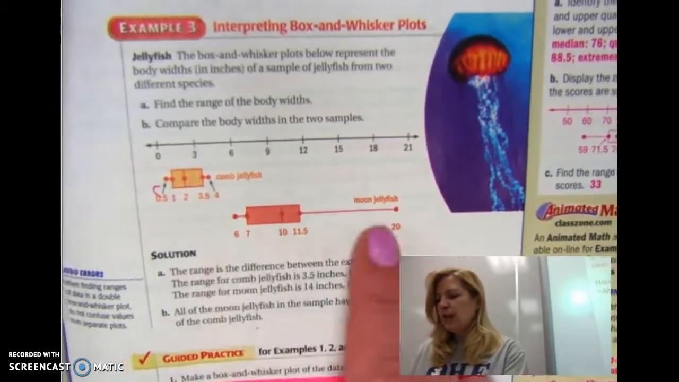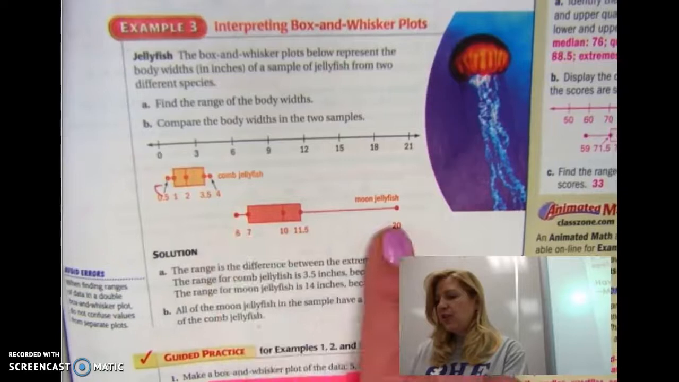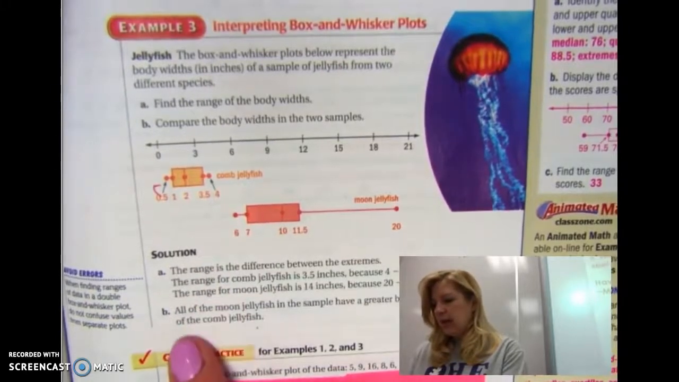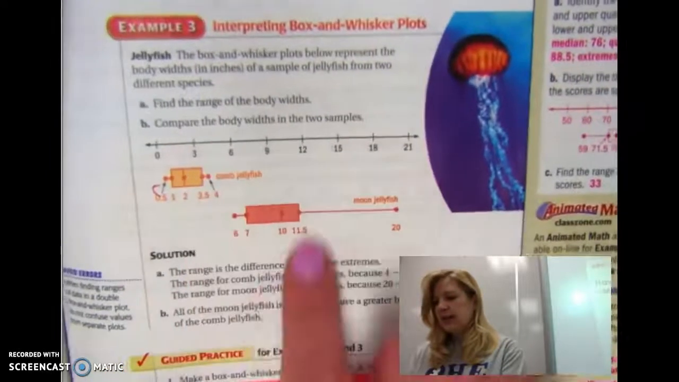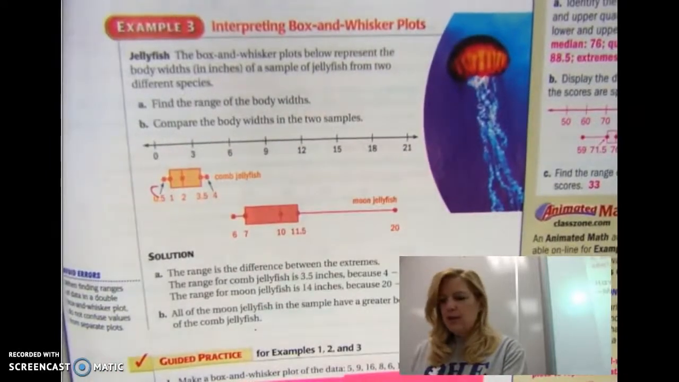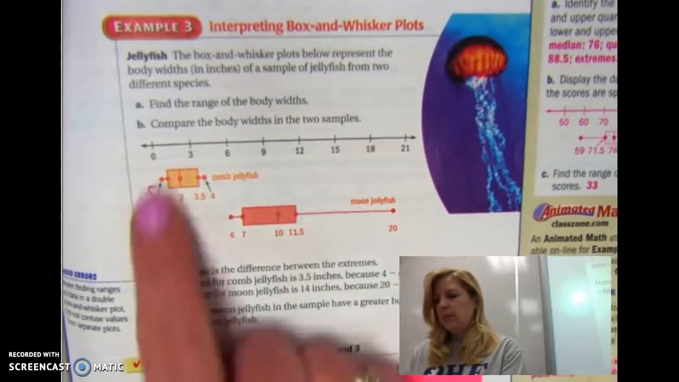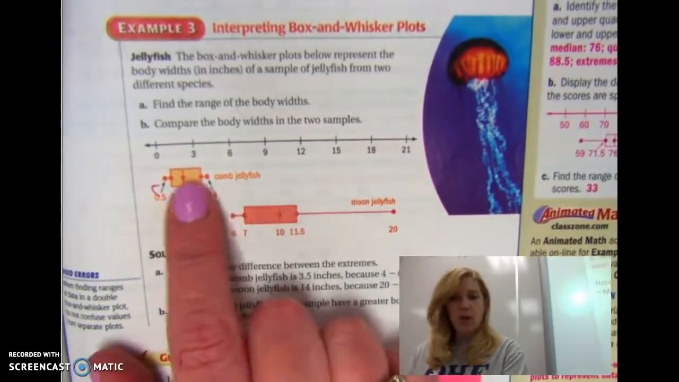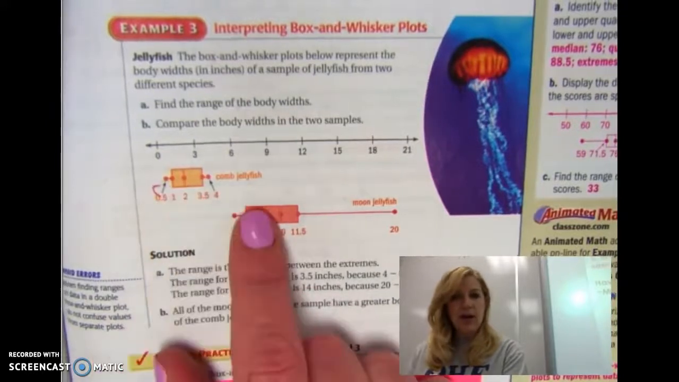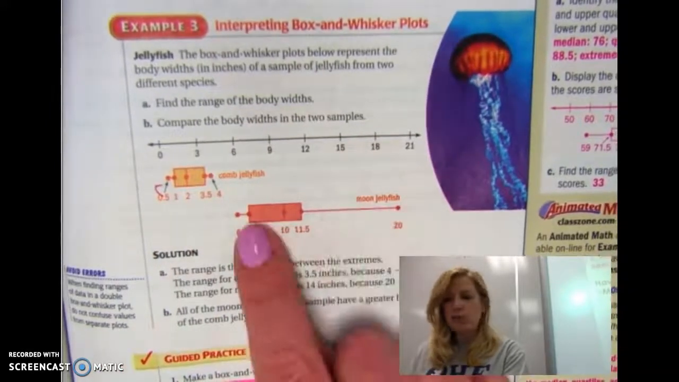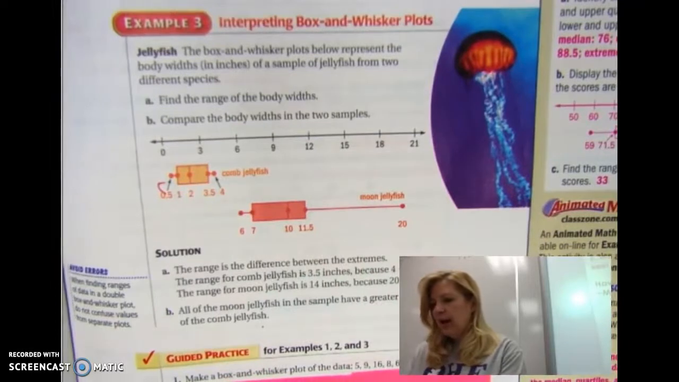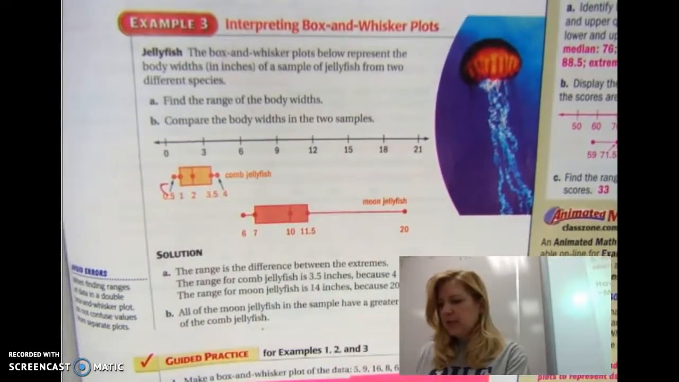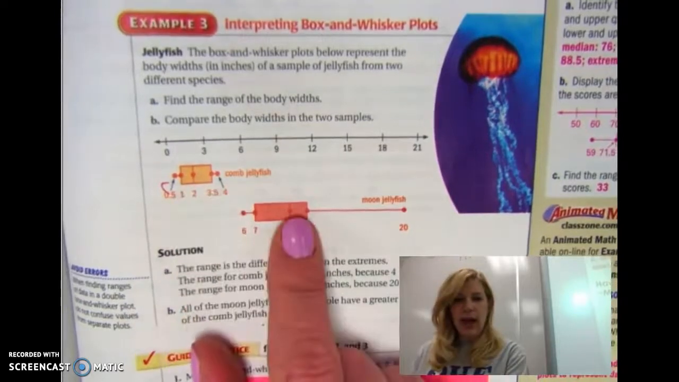So to find the range between these two, you're going to have to subtract, and you can make all kinds of analysis based on these two things. The comb jellyfish, it looks like, falls more into a pattern, but you can have a wide range in the moon jellyfish. So you can compare how the data falls in these two sample sets just by looking at their